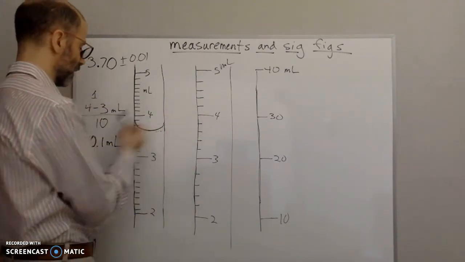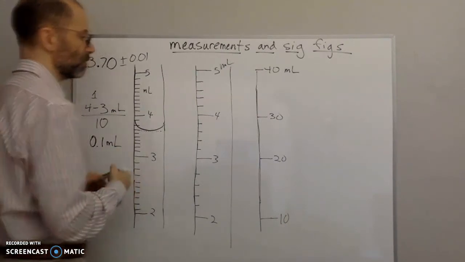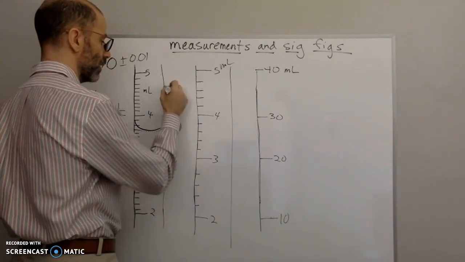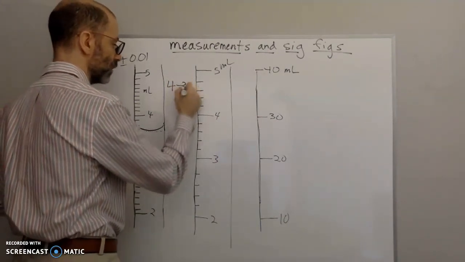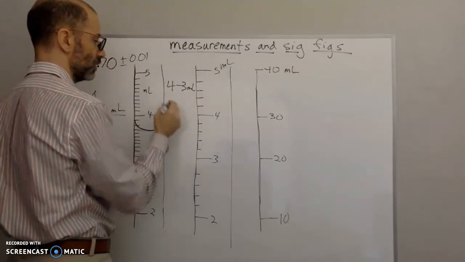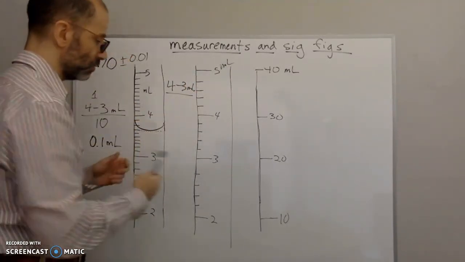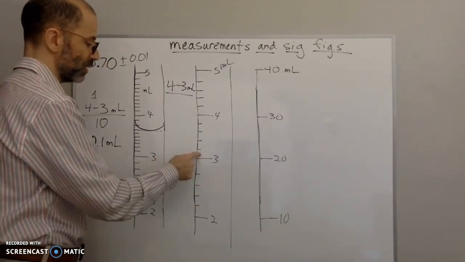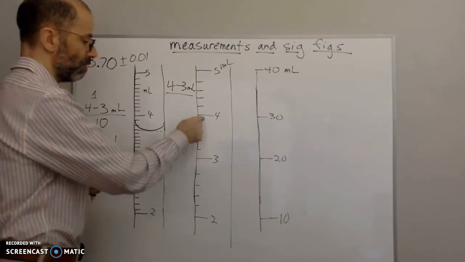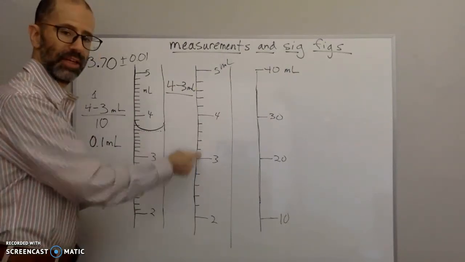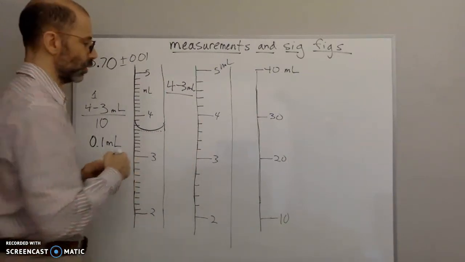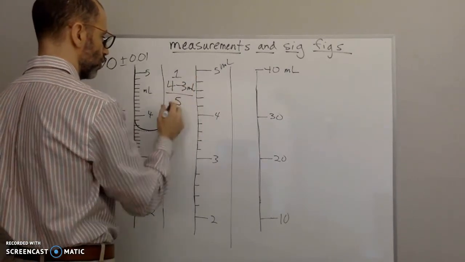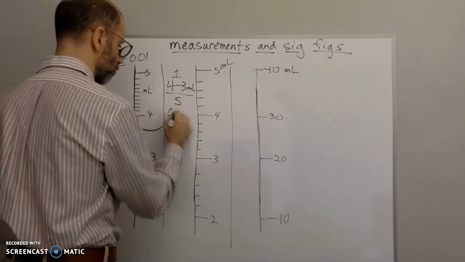So if we follow the same thing here, then what we're going to do is subtract, let's say, 3 from 4 again. So 4 minus 3, that's milliliters again. And then this time we're going to count the spaces. And this time you'll see that we only have 5 spaces: 1, 2, 3, 4, 5. So we only have 5 increments here. So when we divide by 5, we're going to get 1 again here. So 1 milliliter divided by 5, that's going to be 0.2